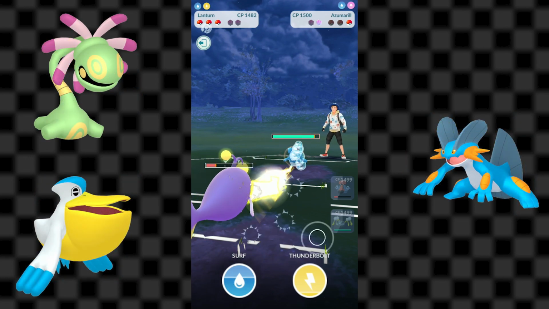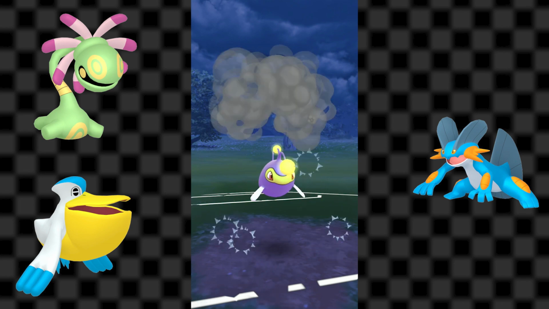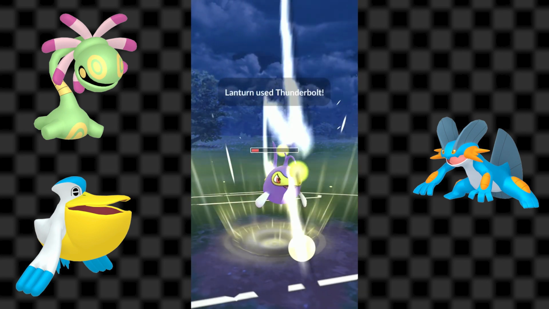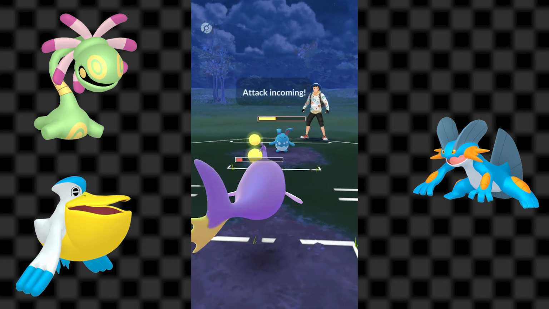Up next, we have Cradily, Swampert, and Pelipper. Now this team is really spammy, but it also has a lot of good coverage. With Cradily's Rock, Swampert's Ground, and Pelipper's Flying move. You'll definitely be able to threaten shields with this team, you'll just want to be wary of opponent Cradily and